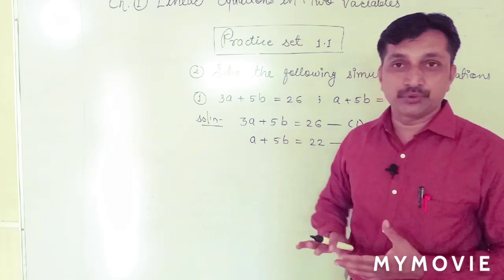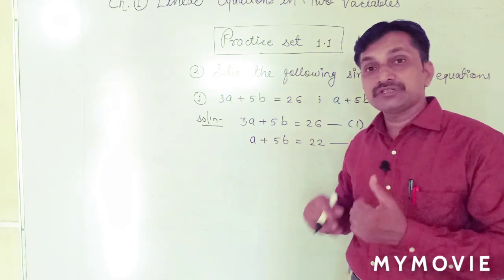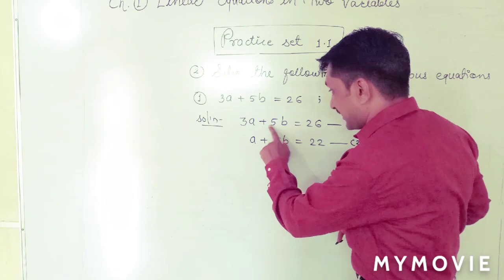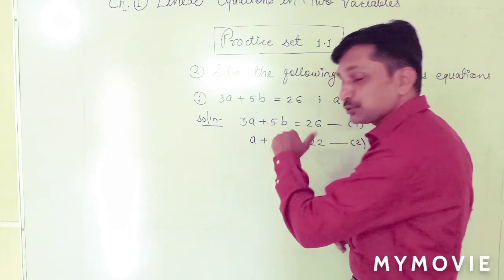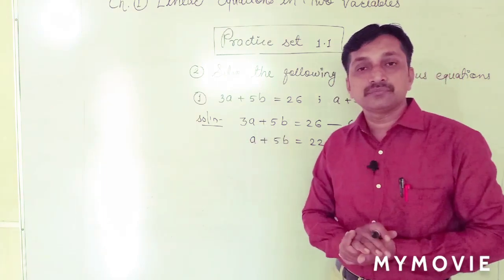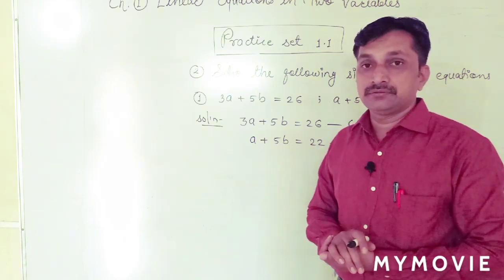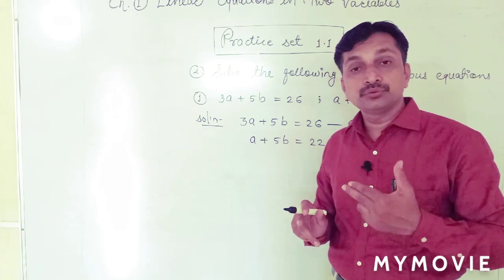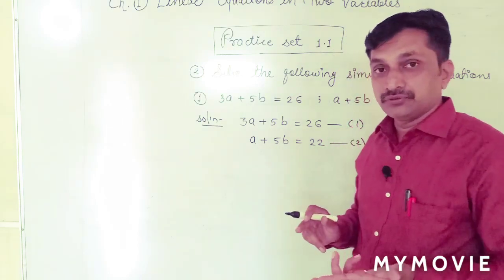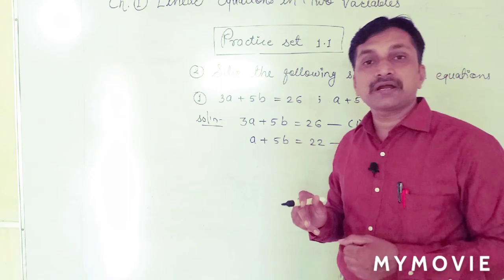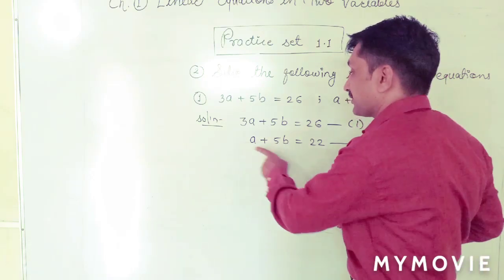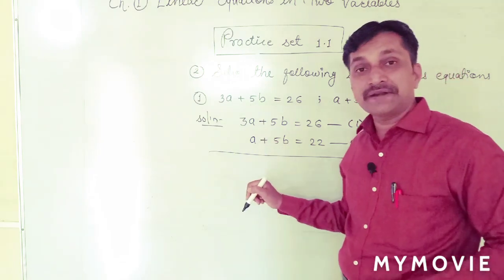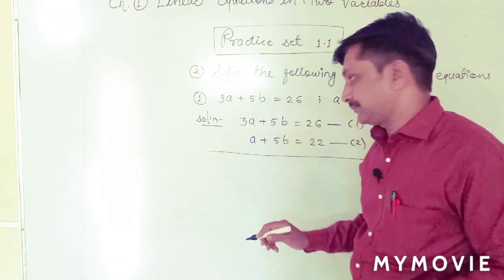Already coefficients are equal. Now we have to see their signs. We want signs opposite. Now here see, sign of this is plus and sign of this is also plus. Means both the signs are same. We want opposite sign. And now if we want opposite sign, then we have to subtract. We have to subtract. And when we subtract, we have to change the signs of second equation. Now here, which process we have to do here, addition or subtraction? We have to subtract them.